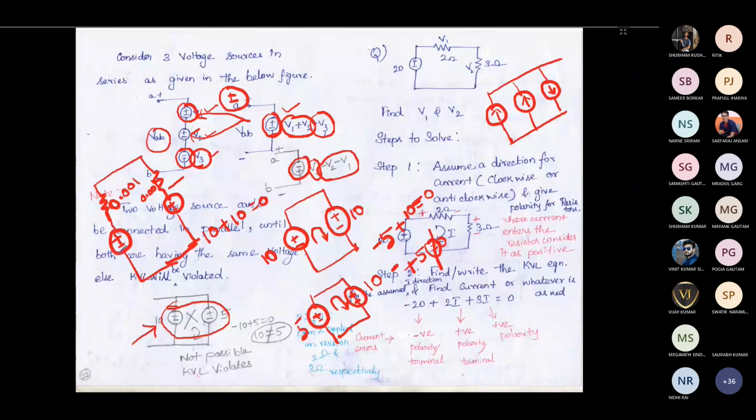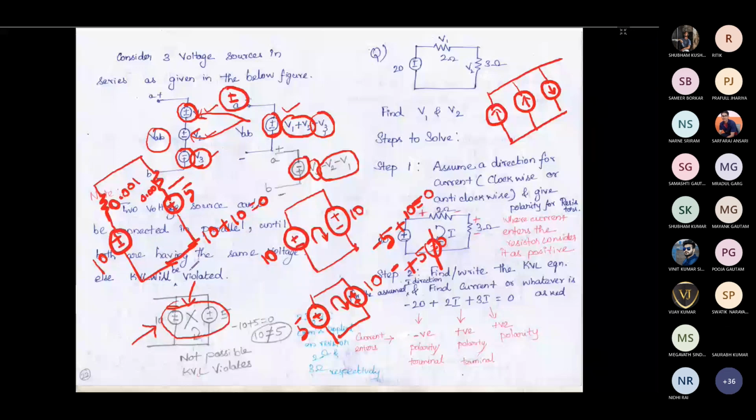Here it can be 10 volt or 5 volt, there is a difference in voltage magnitude. But if you see, this is not directly like how we have connected in parallel earlier, because there both the voltage sources are in parallel, and here the voltage sources are not in parallel.